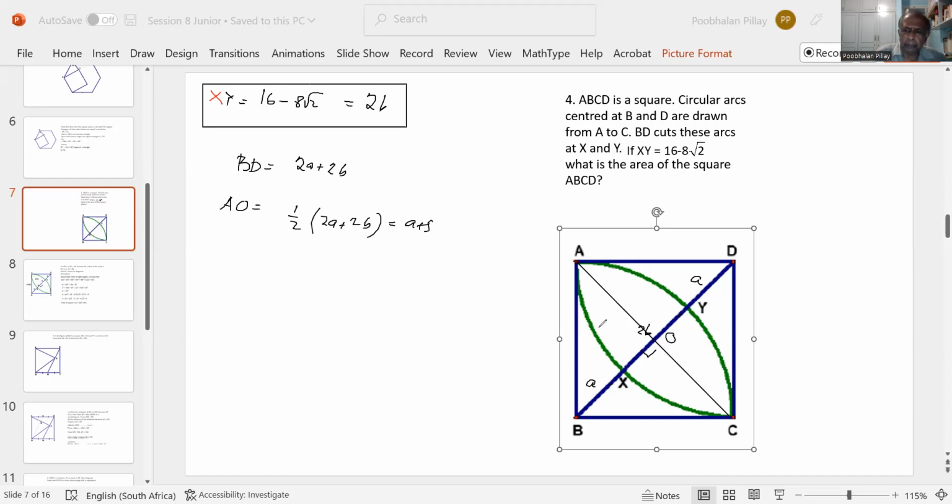So what we have here is the radius of the circle is A plus 2B. And from B to there is A plus 2B. So this will also be A plus 2B. Right? Because the radius of the circle is A plus 2B. And we saw that AO is A plus B,